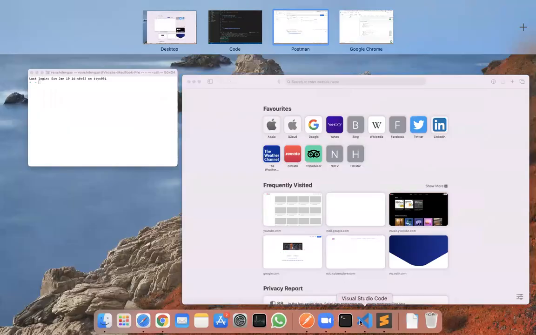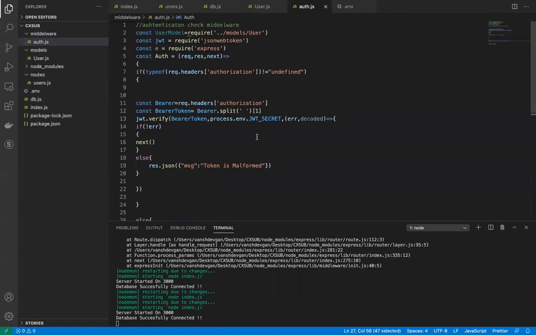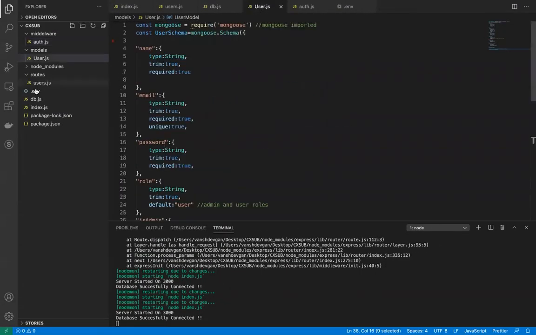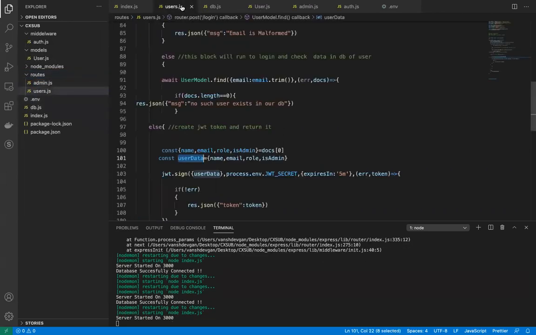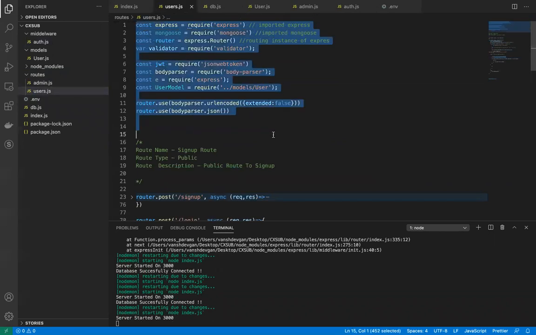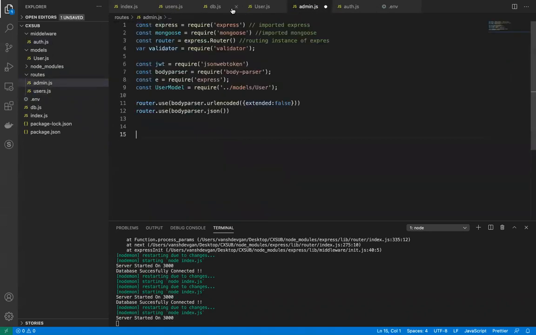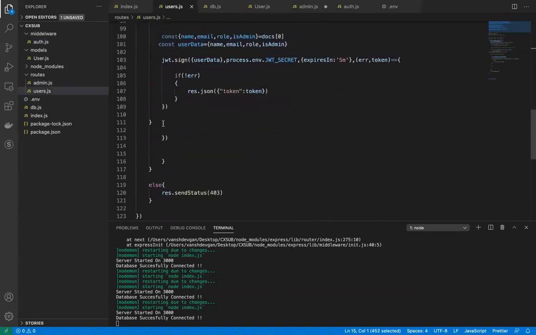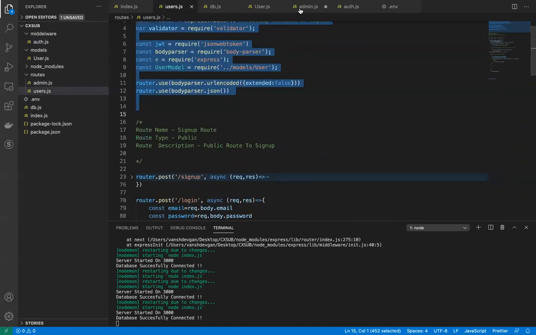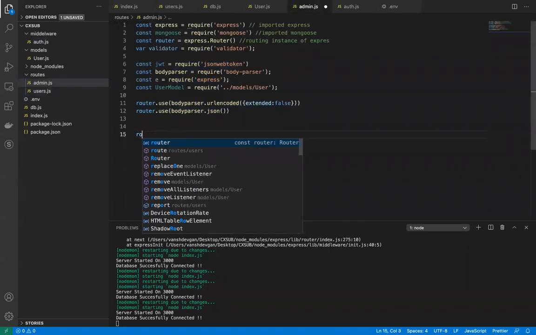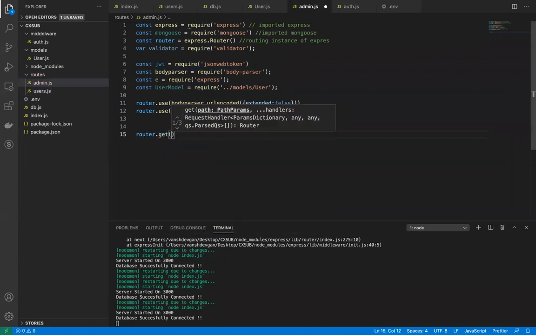But we just want to make a little bit of change and authenticate admin. We just haven't created an admin route over here. So I will go to this routes folder and create admin.js. I will show you how things are a little bit different in this case. I will use all that stuff. I know we are not using everything, but in this login route, let me create a simple route to the admin. So it will be router.get and slash admin slash.